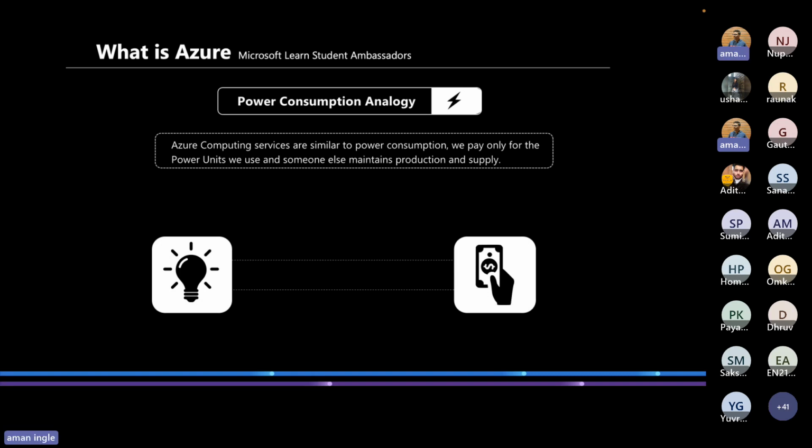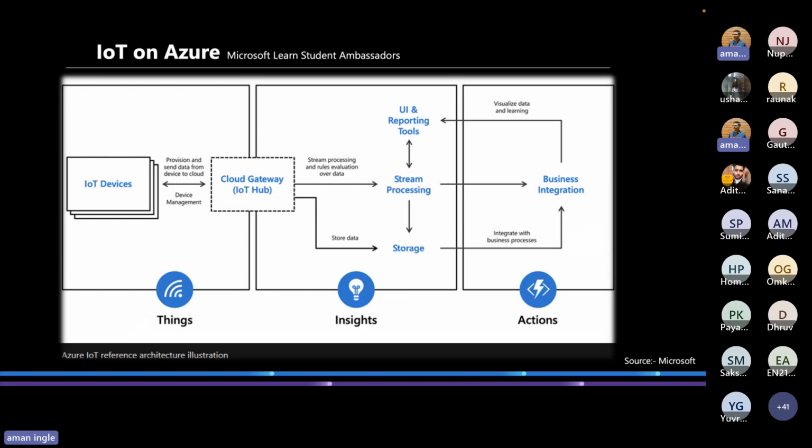सो यही इधर इस साइड में एक्सप्लेन किया है। फिर बाद में अपन देखते हैं कि इसका एज्योर आईओटी आर्किटेक्चर क्या है, ठीक है। सो फर्स्टली आईओटी डिवाइसेस पहले क्लाउड को कनेक्ट होते हैं। It sends data from cloud, और अपन देख रहे हैं कि ये क्लाउड से डेटा सेंड भी करता है और रिट्राइव भी करता है, ठीक है। फिर बाद में आईओटी क्लाउड से डेटा स्ट्रीम प्रोसेसिंग होता है। मतलब आप जो डेटा यूज करते हैं, एक तो यूआई रिपोर्टिंग टूल्स को जाता है, और ये डेटा स्टोरेज में रहता है, ठीक है।